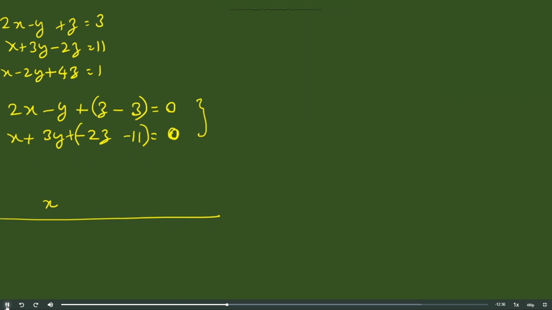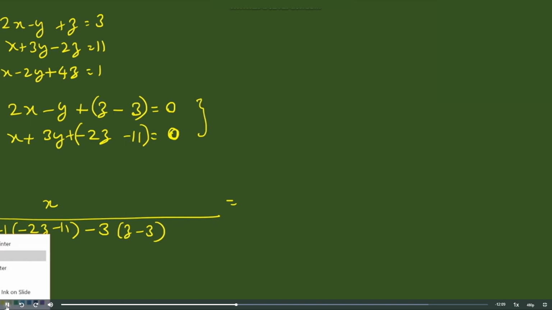So x by, I will take the coefficient of y and the constant. It would be minus 1 into minus 2z minus 11, minus 3 into z minus 3 is equal to